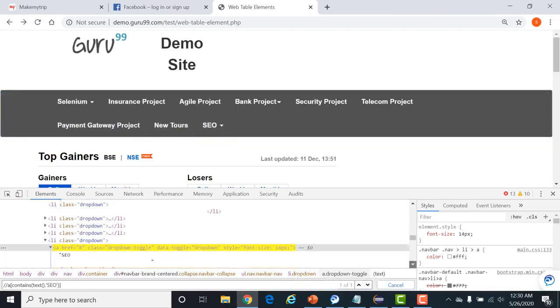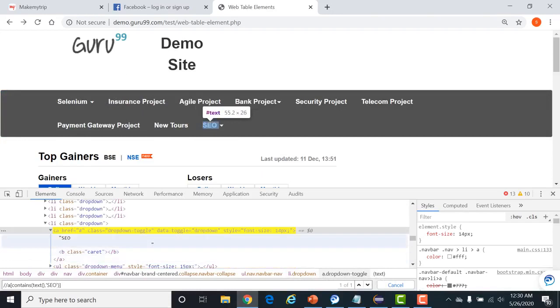Fine. Now, this is the child element. Who is the parent of this A tag? The parent is Li. So, I want to locate the parent element. Till now, we were locating the child element. What will I do? Simple, forward slash. See, whenever you write the forward slash, this will automatically select the element in the forward direction until you give the proper backward axis.